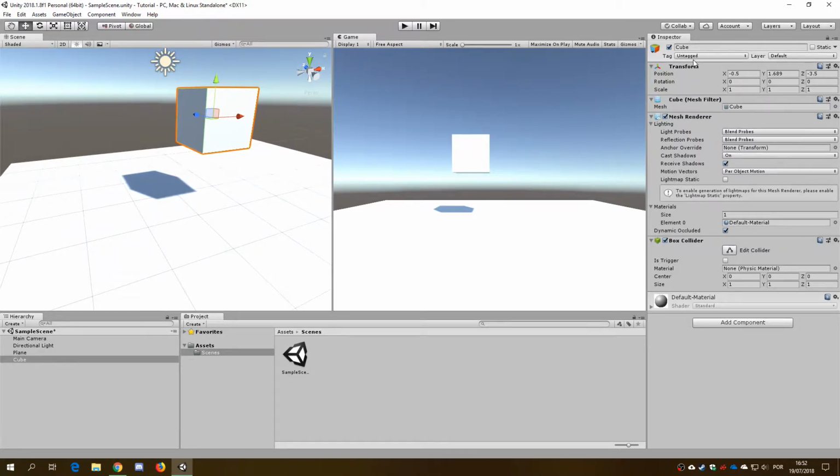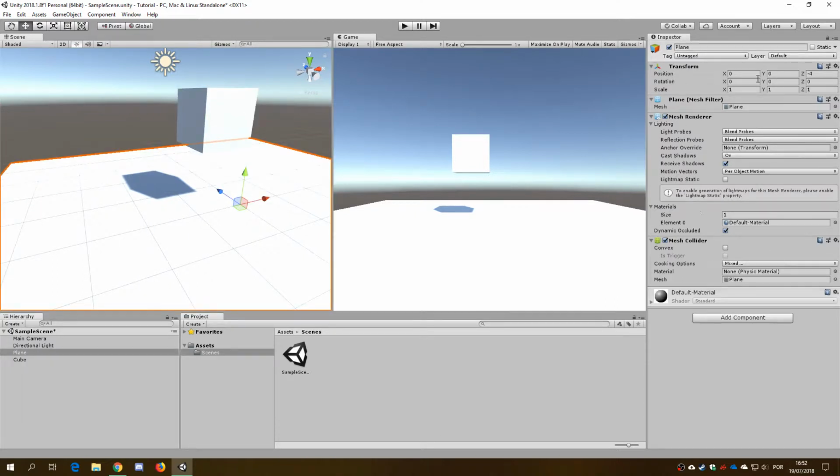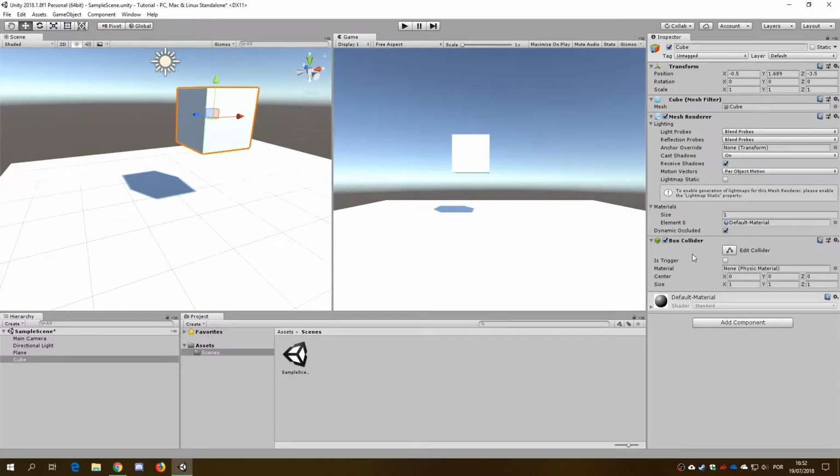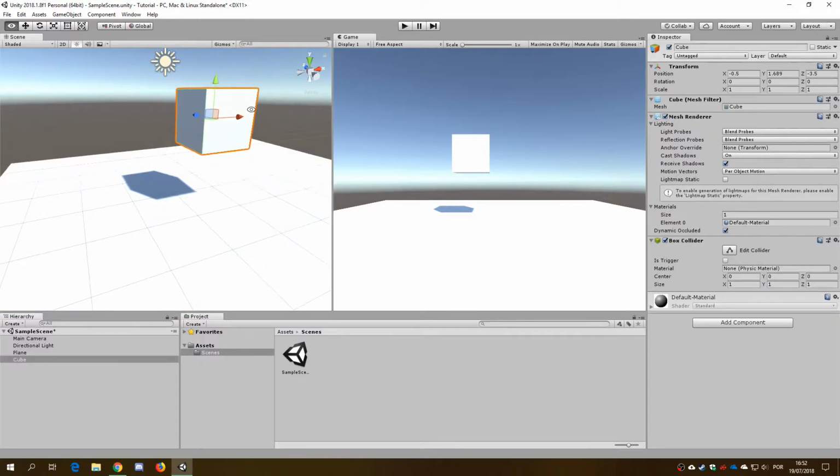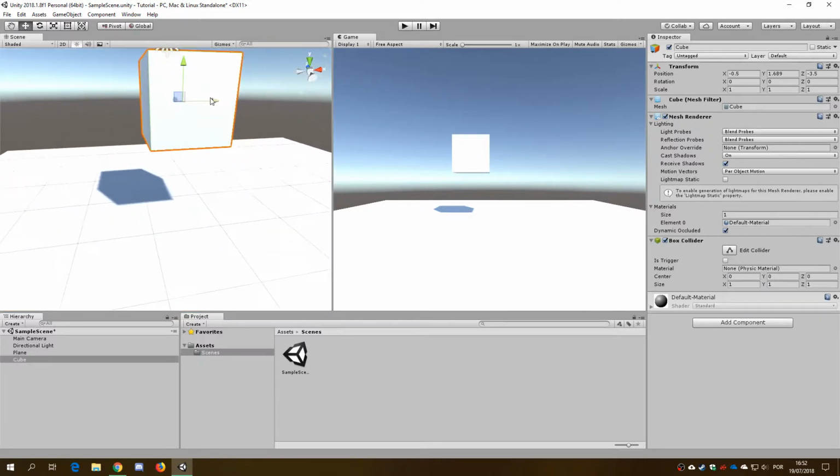The cube is composed of 1, 2, 3, 4 components, and the plane is composed of the same components, but with the difference that we have here a mesh collider, and here it's a box collider. The difference between those is that the box collider is always a box. So the